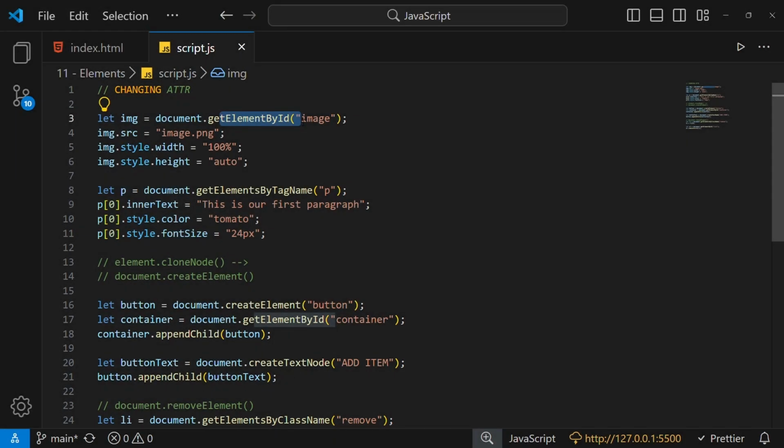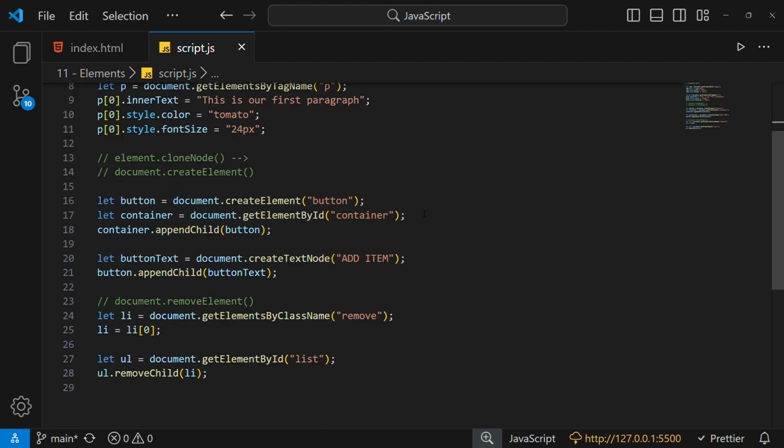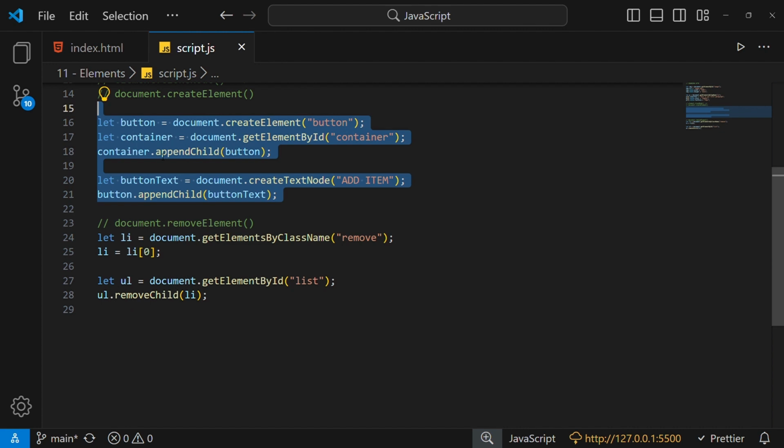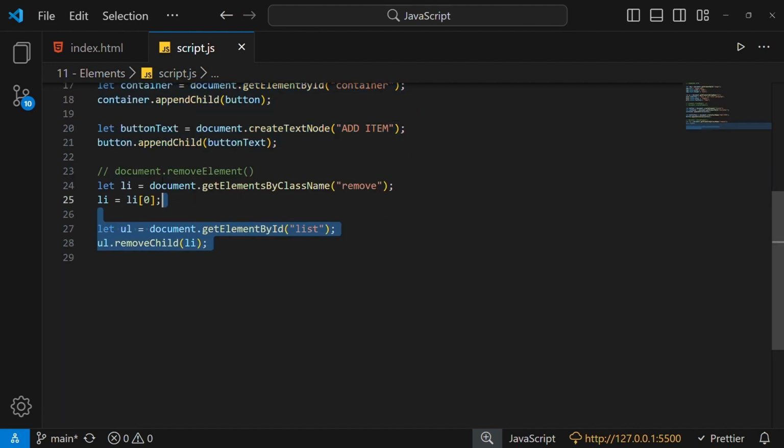To select an attribute with an ID. We also use the get element by tag name to select a tag name, and we also learned of the .create element to create HTML elements using JavaScript, and the .remove to remove elements using JavaScript. So now we're also going to learn about